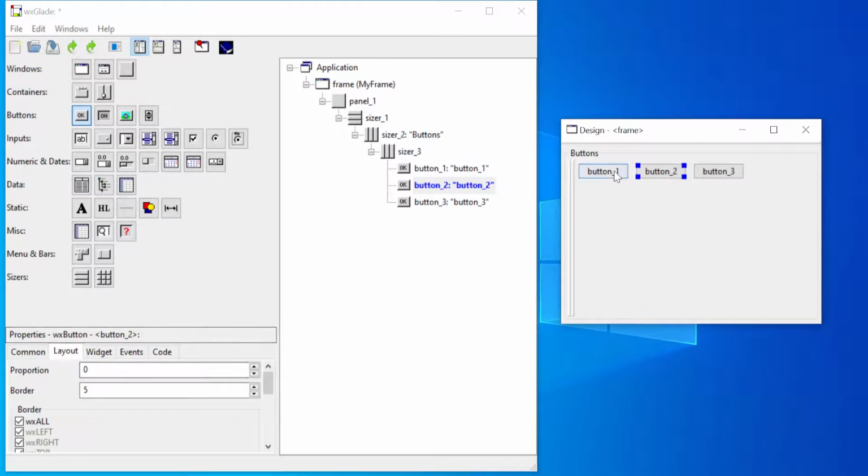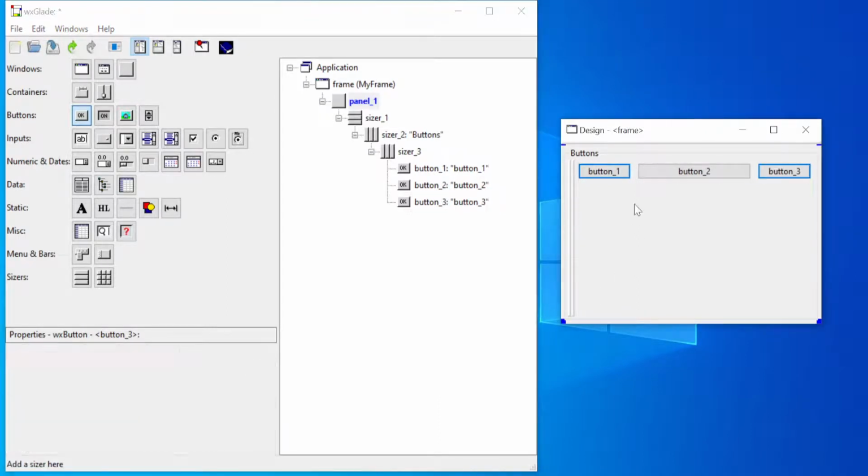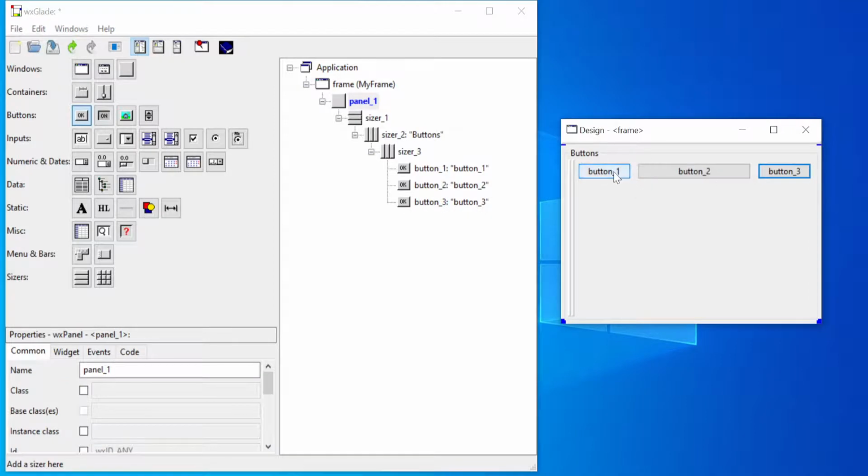So the proportion for this one is going to be 1, then for this one I want it to be 2, and for this one I want it to be 1. Now you can see this one is 1, 1, and the space this one is filled